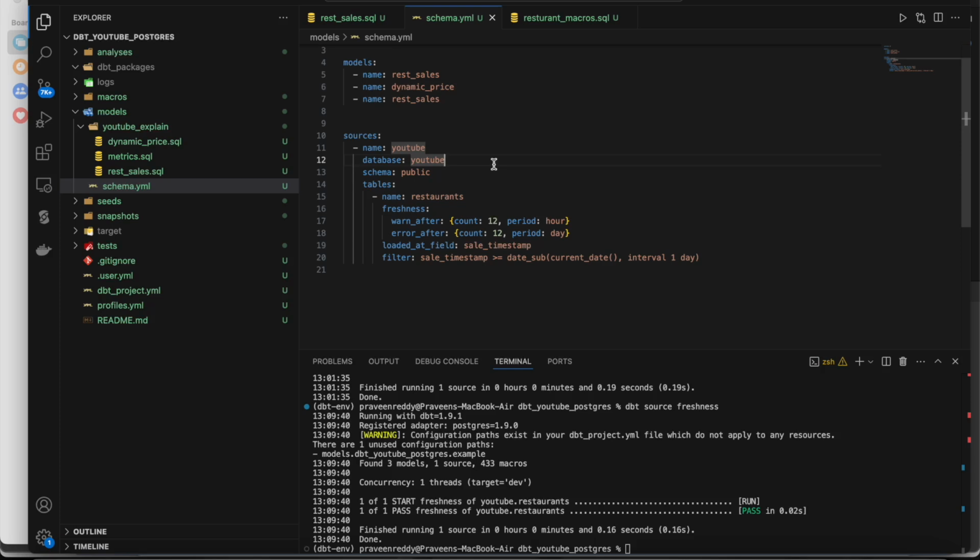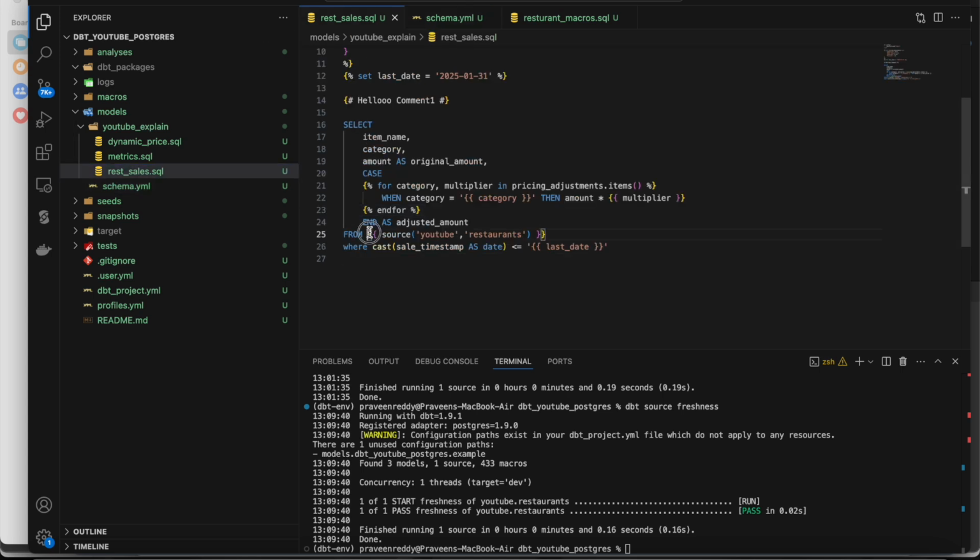In this video we will be seeing what source freshness is. As we already saw, inside the models, in the schema.yaml file, we declare the sources. Right now, if you see, I have sources, the name, database, schema and the tables. All the tables will be declared here, and we know why we have to follow the source approach. In the model files, instead of directly referring to youtube.restaurants, if you use source of YouTube restaurant, we'll have